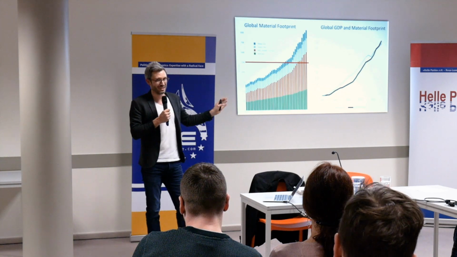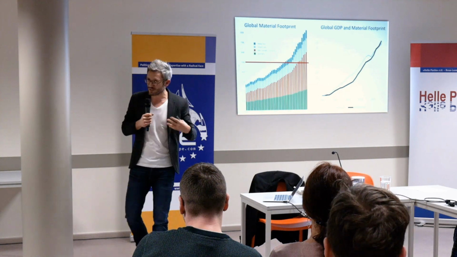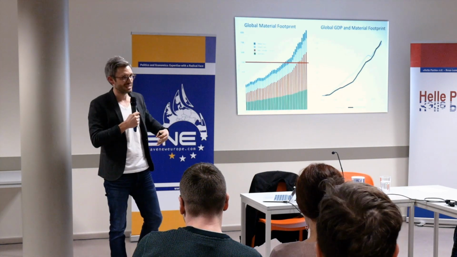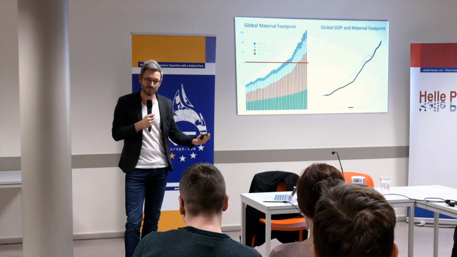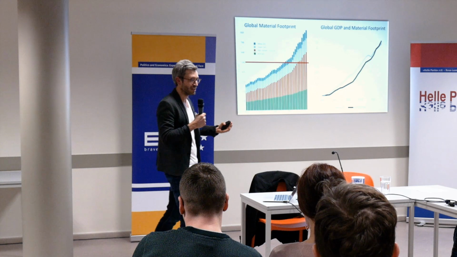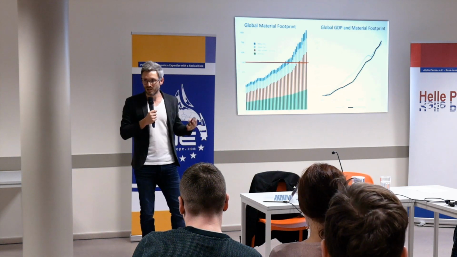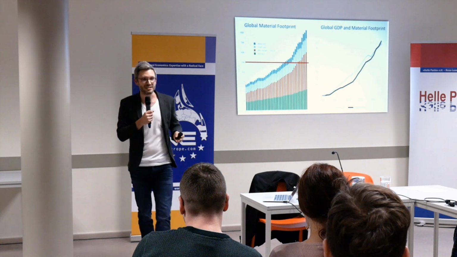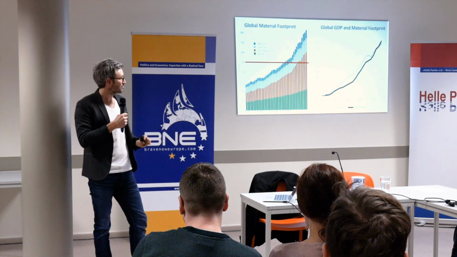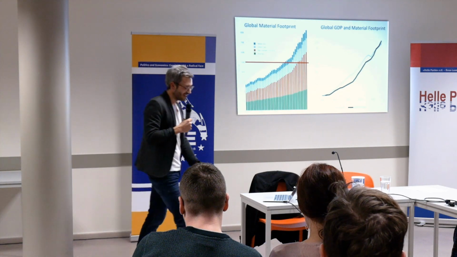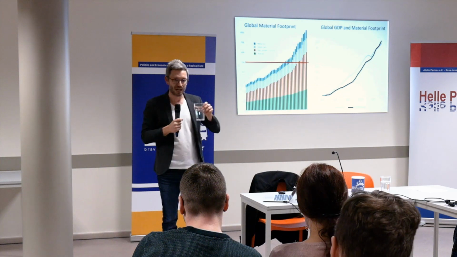Now, this is interesting because we were told that as we switch increasingly to a service-based economy, we're going to have rising GDP but a declining rate of material throughput. But in fact, the opposite has been happening. And that's really curious. It pops the bubble of economists who insist that everything's going to be fine as we switch to services. In fact, the countries with the highest proportion of services as part of their GDP are also the countries that have the highest material footprints in per capita terms.